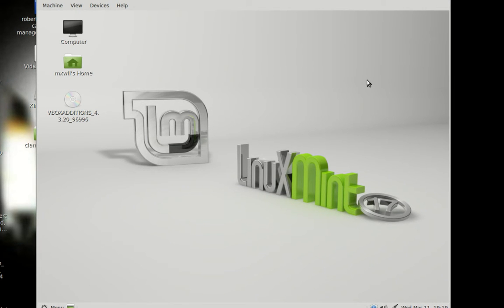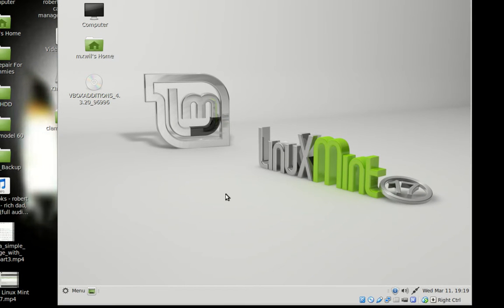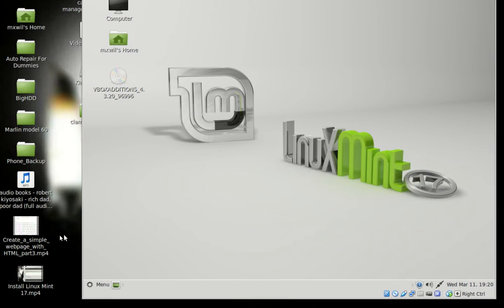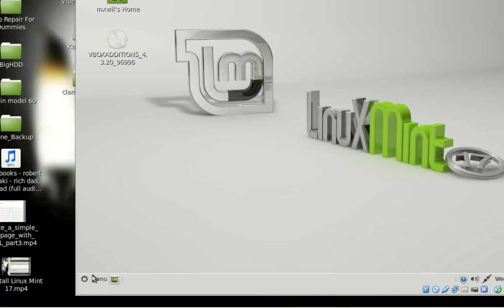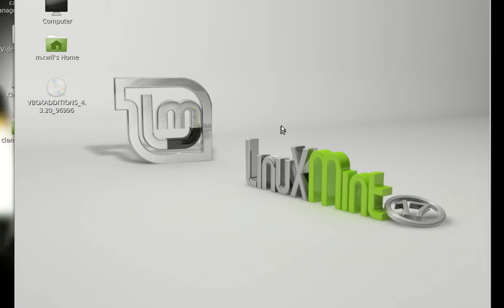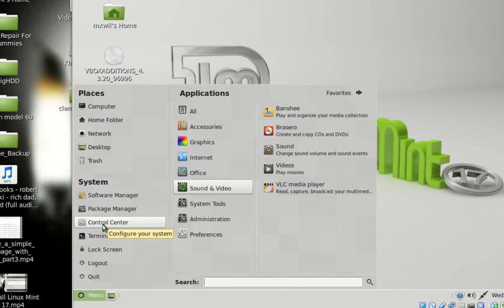That's evidently also where you're going to be configuring your updates. To get there, you go down to what's called the Control Center. It's basically the same thing as the control panel on your Windows machine. This is where you would go to make a majority of the configuration for your Linux Mint. Let me zoom in just a little bit more. With our left mouse button, we're going to come down to the menu button, left click on it, and then we're going to go to Control Center. Left click on Control Center,